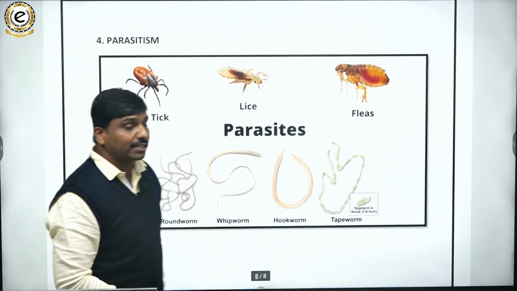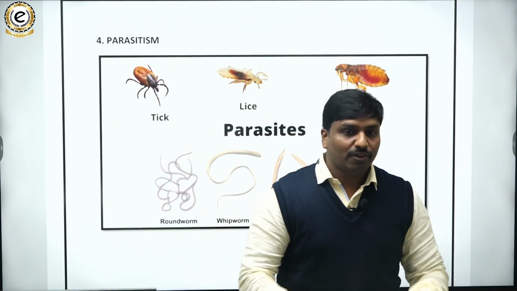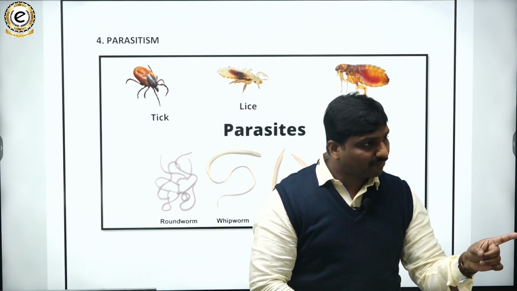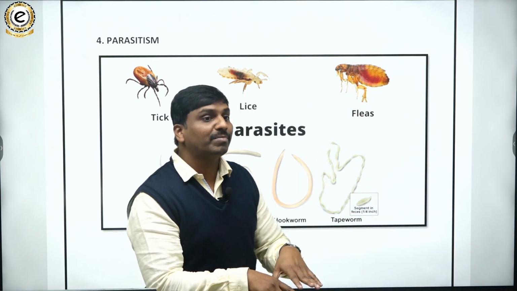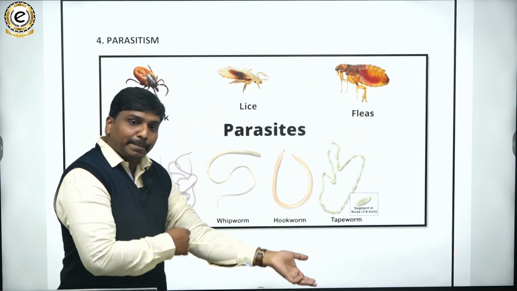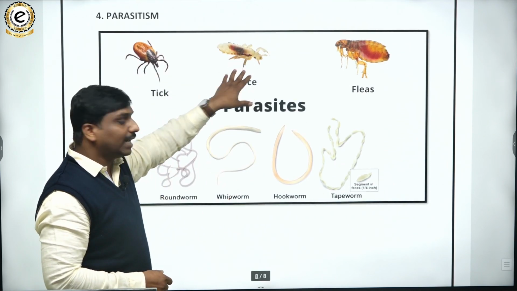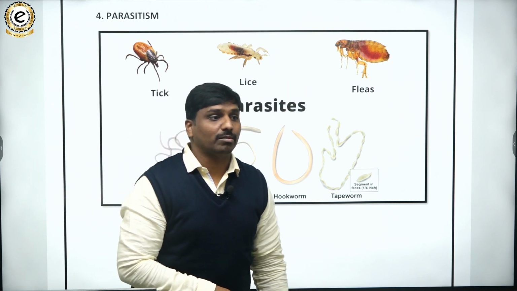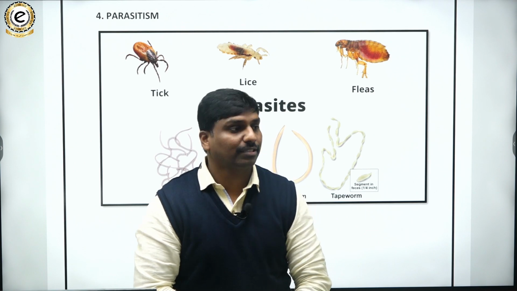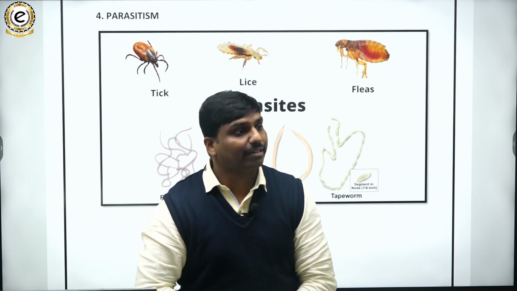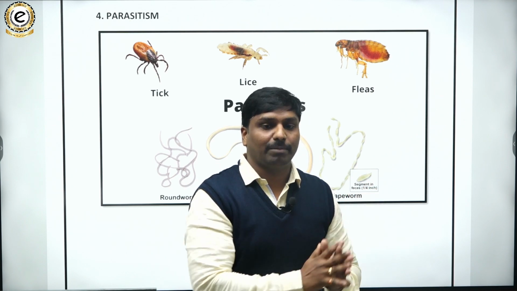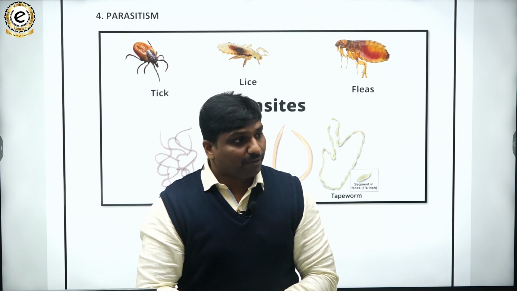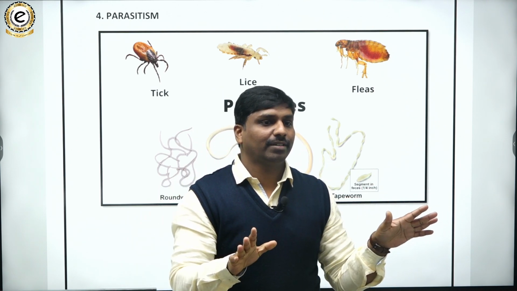The next thing is parasitism. Parasitism means one organism is harmed and the other organism is benefited: a benefit for one and harm for the other. The host will be harmed and the parasite will be benefited. We have various parasites: ticks, lice, fleas, and all these kinds of worms are nothing but parasites. So parasitism is a kind of negative interaction. Positive interactions are those in which both are benefited or at least one is benefited, and negative interactions are those in which at least one organism is harmed.